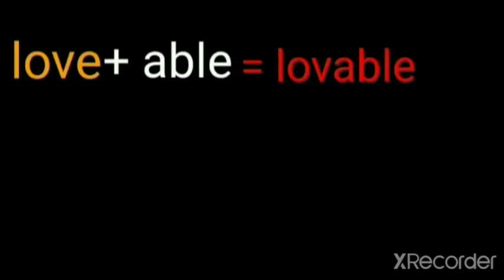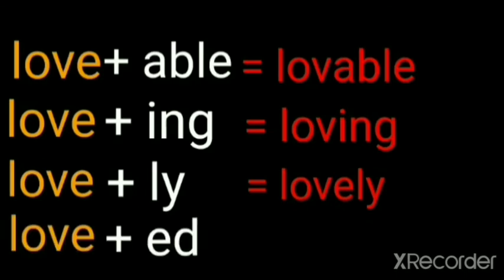Let's talk about suffixes. As I mentioned before, an affix at the back of a word is called a suffix. These are some suffixes. Take a root word love. When we add the suffix able to the end of this word, we get lovable. Likewise, loving, lovely, loved. Each suffix changes the meaning of the word slightly. So be careful while doing this. You can't add a prefix or suffix to all words. You have to think which affix will make a new meaningful word before doing this.